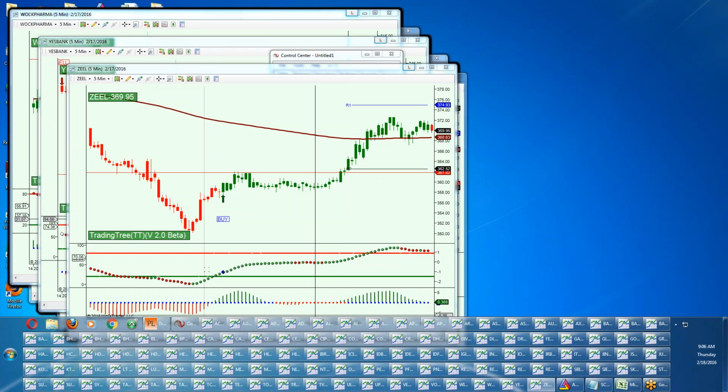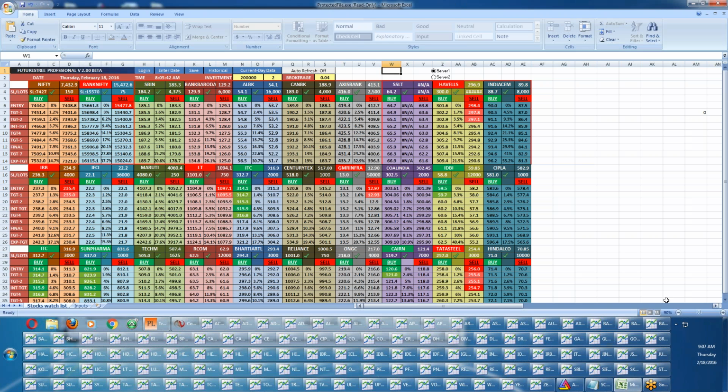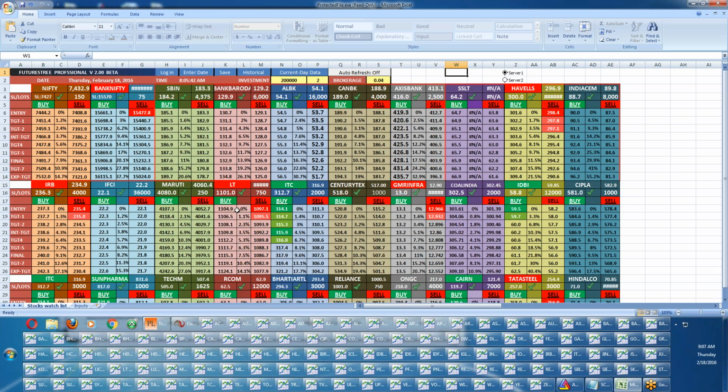I'll just minimize it. Now we have two applications here. One is your CashTree, and the other is your TradingTree. So we'll work on both of these. I'll just increase the size. So in case you just have a look at Money Control,